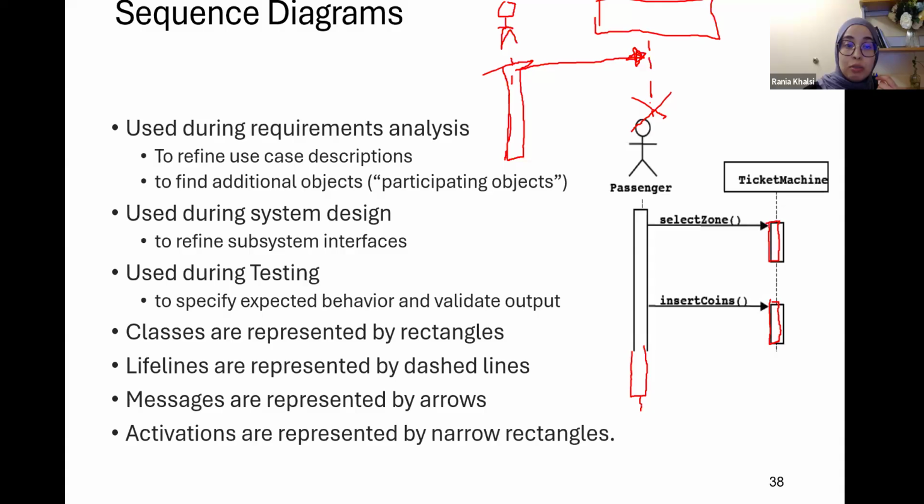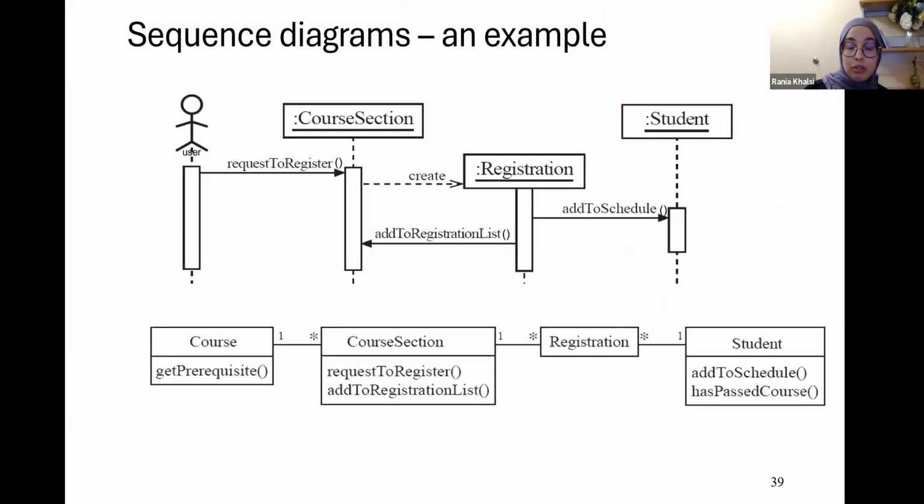Okay, so for each element we have some activation and so on. This is just an overview. Now we go to a concrete example. What you see on the bottom here is a class diagram. It's just an example of a class diagram from which we can generate one possible sequence diagram,